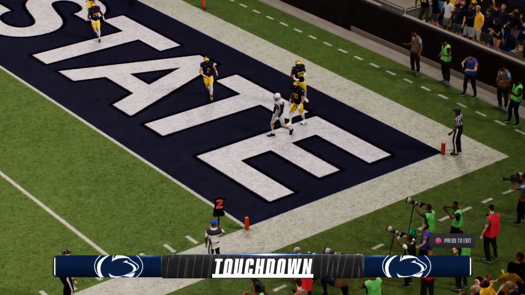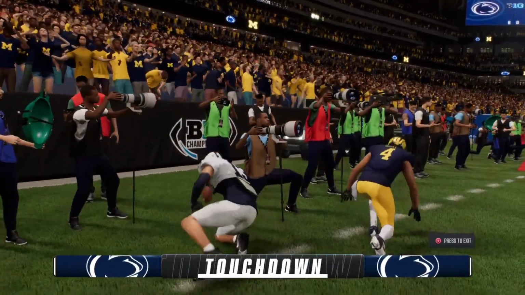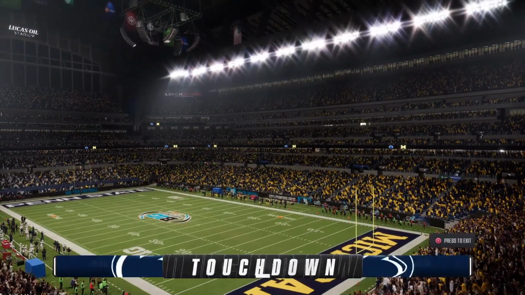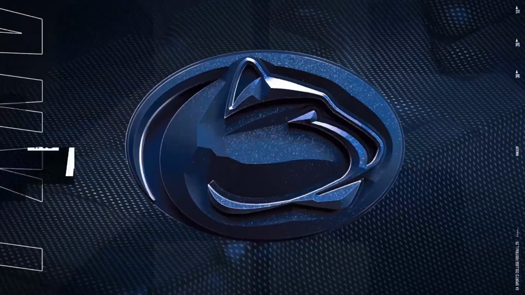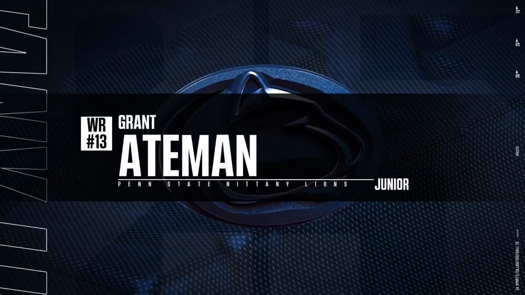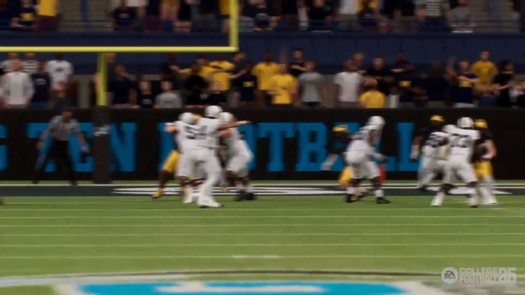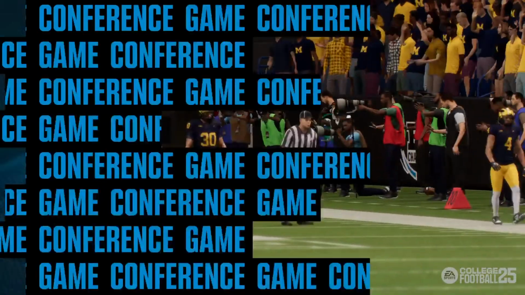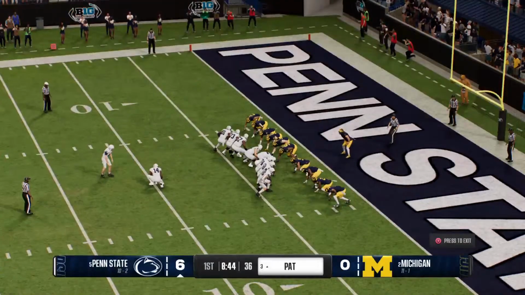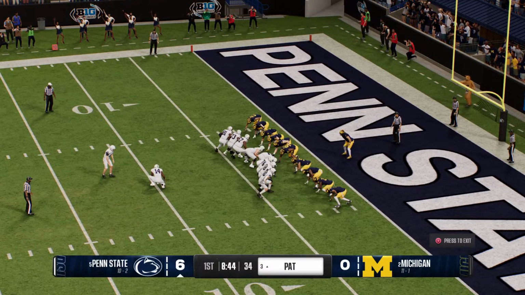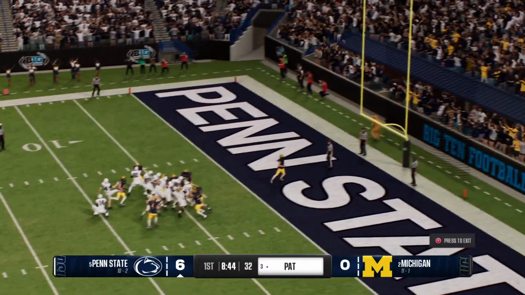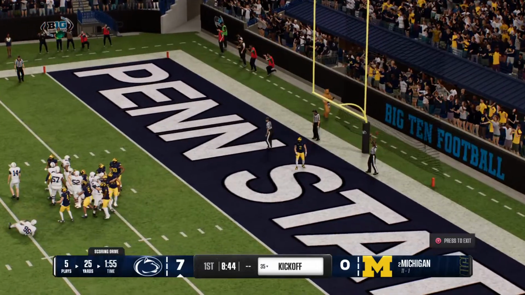There's the snap. They'll set up to throw. And it's caught. Touchdown, Penn State. Oh, just outstanding execution here by this offense. The offensive line gives the quarterback time, and the quarterback's anticipation was on point. Puts that ball right in the money. The receiver, all he had to do was turn and catch the ball for that touchdown. And they'll set up for the PAT. PAT is good. They jump in front, 7-0.